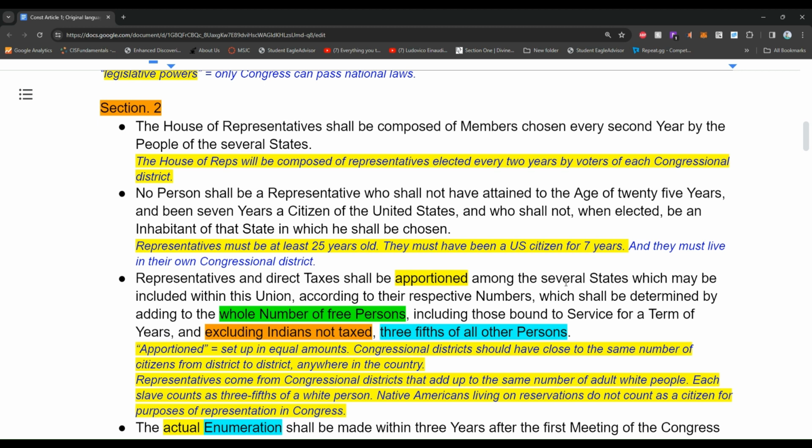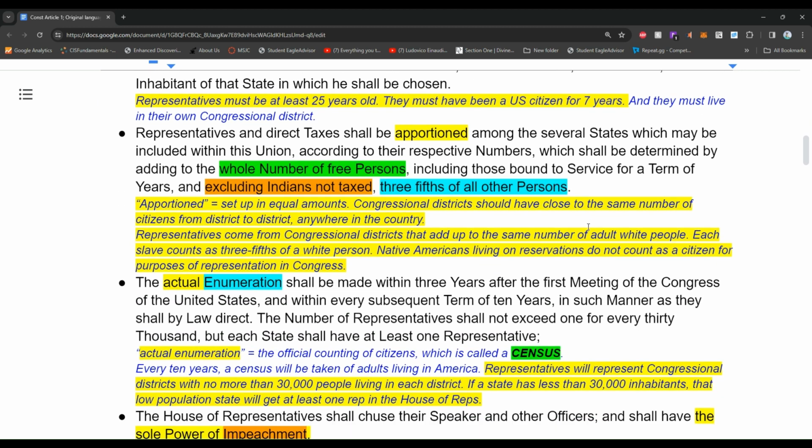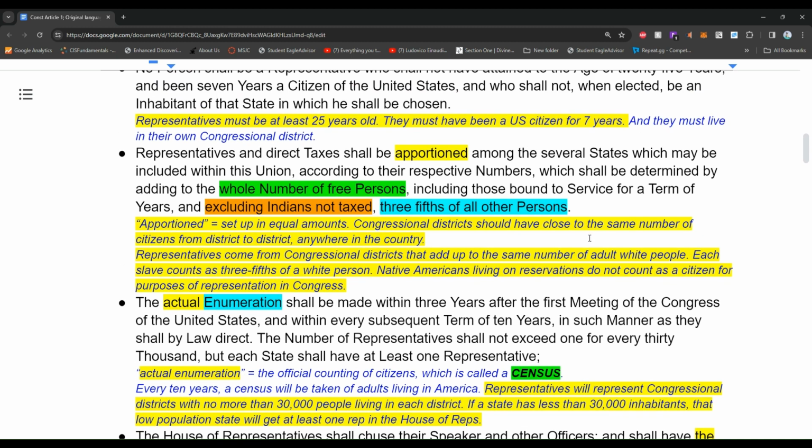And that was white political leaders' code word for and 3/5 of slaves. Okay? That was really strange. 3/5 of slaves. So for every 5 slaves in a southern state, that southern state got to count those 5 slaves as 3 white citizens. The more citizens, the more reps. The more reps in Congress, the more political power.